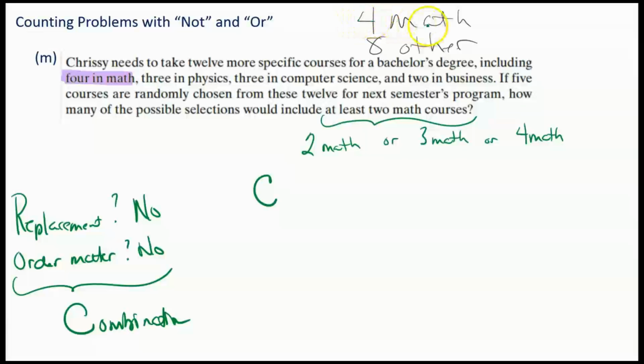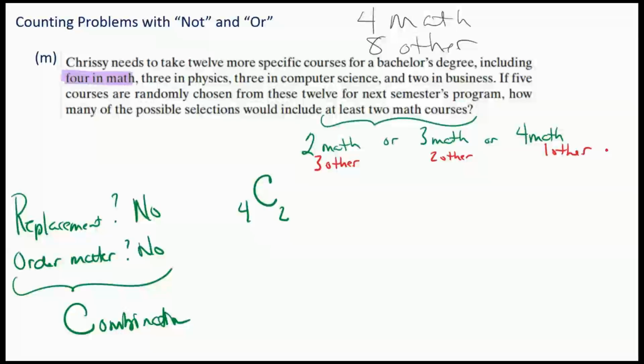There are only 4 classes, so we're going to do 4 choose 2, but we're not finished because we have to pick more classes. So it's 2 math and 3 other. Okay, I want you to think about that every time. When we say 2 math, that really means 2 math and 3 other. When we say 3 math, that means 3 math and 2 other, right? And when we say 4 math, that's 4 math and 1 other, because we still have to pick all 5